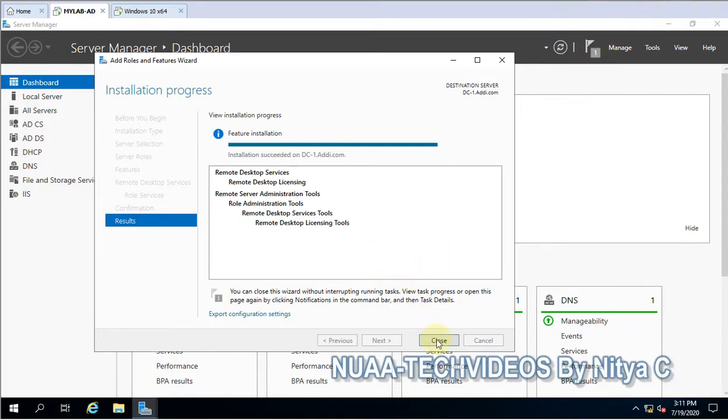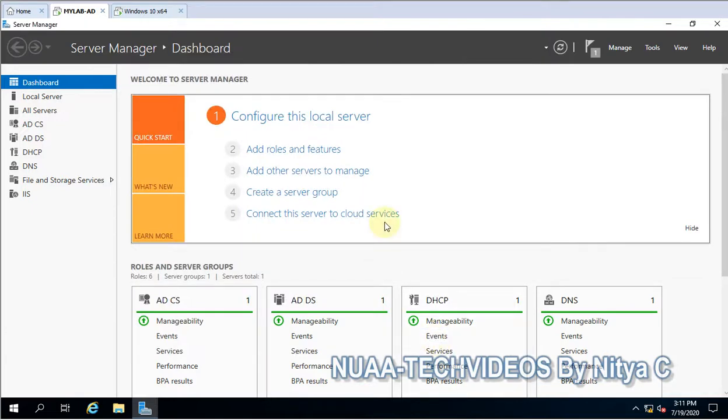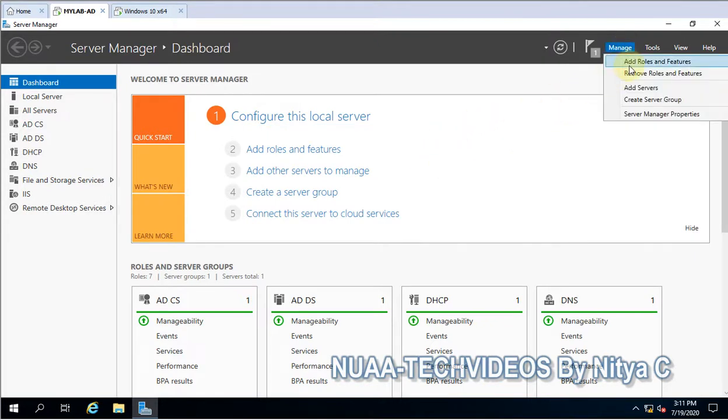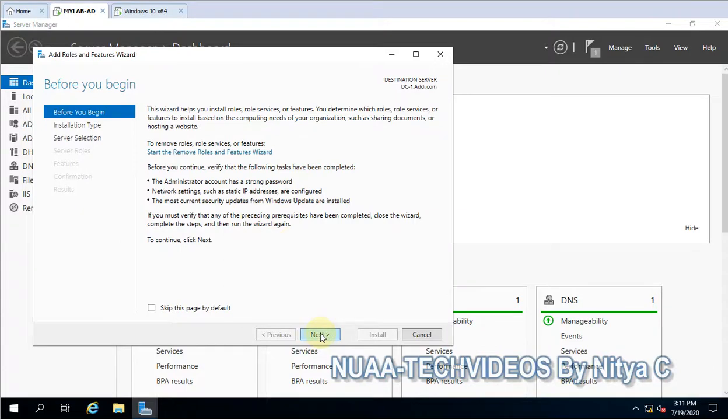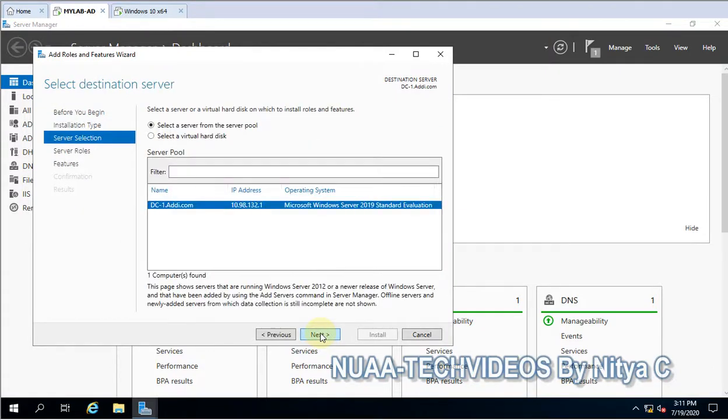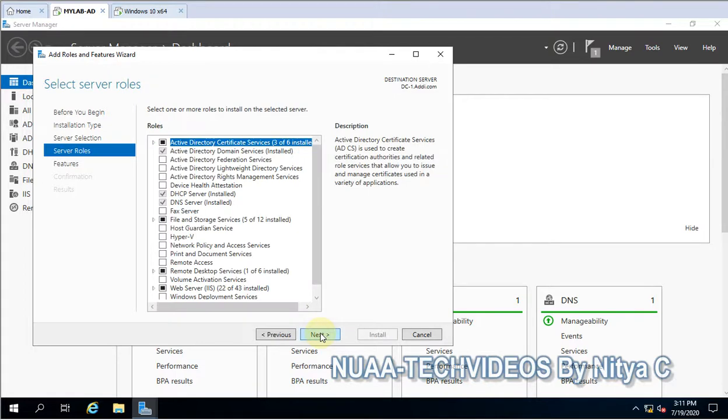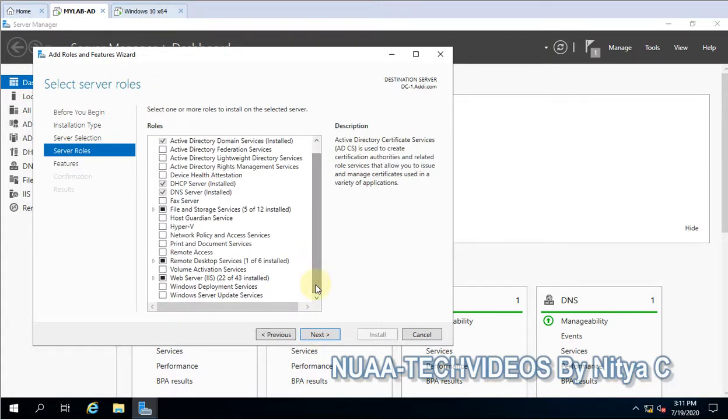So the role is installed successfully, but I was telling that in 2012 R2 we don't have that provision. Even if we configure the group policy for multiple remote licenses, it will still not work, it will not allow. So the role is installed, and apart from that we have to install one more feature. Let me tell you what that feature is. That is the diagnostic feature that will help you diagnose the issues and see what's going on. That is a feature, not a role.